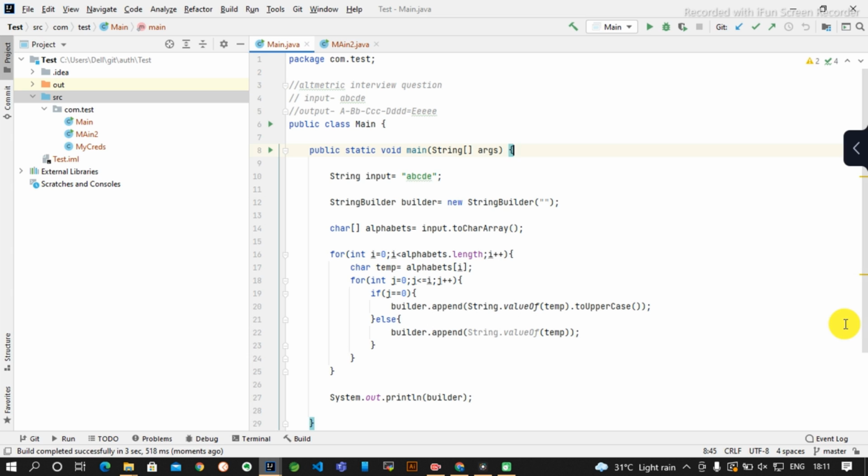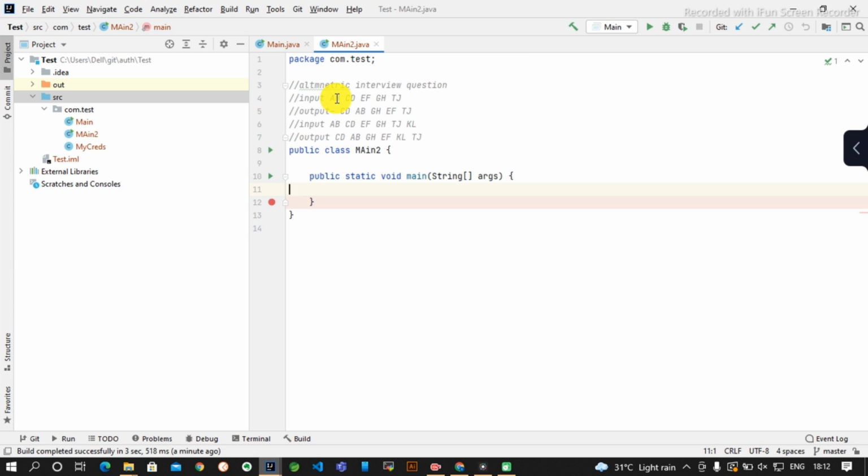So remember, a particular coding question can be approached in n number of ways. This is the first thing that came to my mind, so I approached the problem with this solution. If you have any other solution, you can achieve this too. There is no big deal in this. So let's move to the second question.